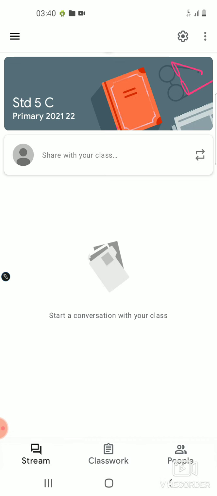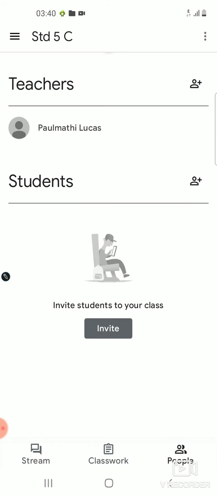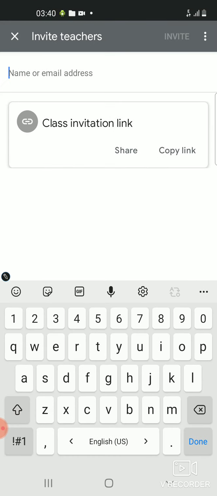So here we want to invite our students, so just click the people button, so we can see teachers, students option. When you click the teachers, here we can see this page.